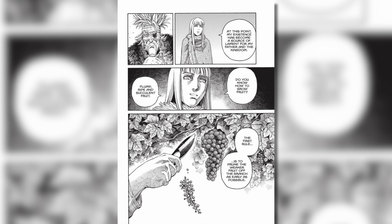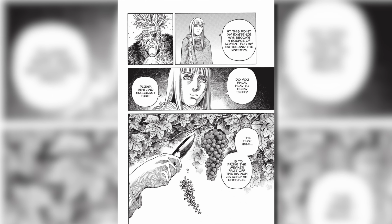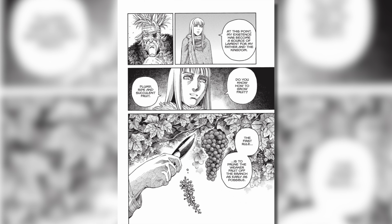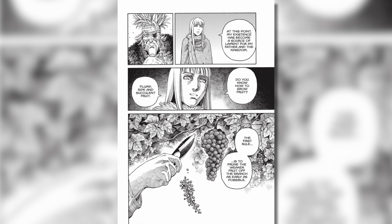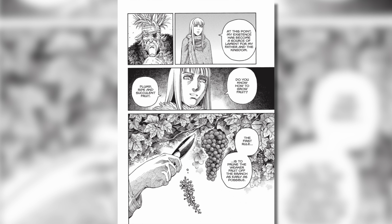The first rule is to prune the weaker fruit off the branch as early as possible. You're saying King Swin is hoping that I'll kill you? Thorkel observes. Death in battle is a more proper means of dealing with me than assassination or imprisonment. In essence, the prince says, my father the king does not wish to sully his own hands with the blood